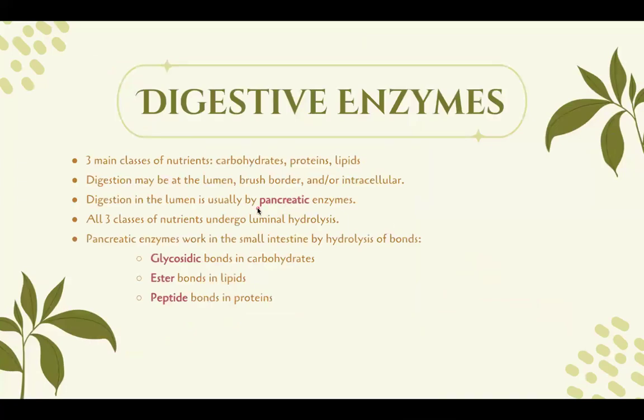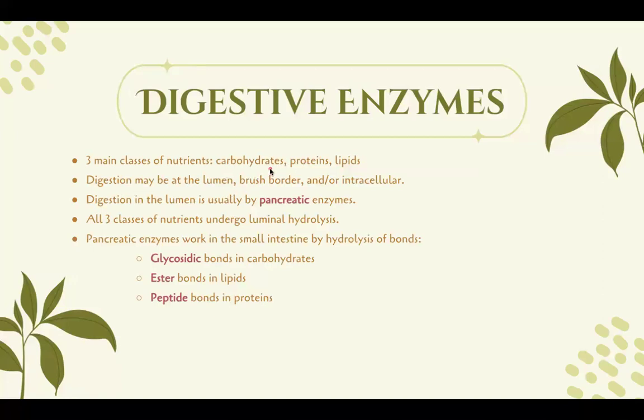Now digestive enzymes. So we know we have three main classes of nutrients: carbohydrates, proteins, and lipids. Now, another thing we should know is that digestion may take place at any of these three locations, either in the lumen or at the brush border, which is basically the apical surface of the enterocytes, where you have these microvilli, or digestion can be intracellular inside the enterocytes. Okay, the three different kinds of nutrients get digested at different locations, but